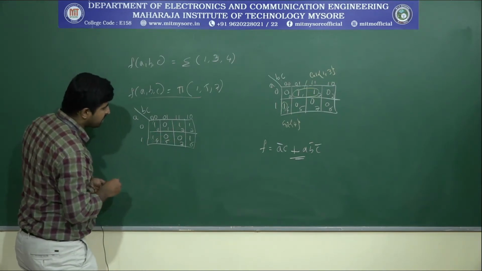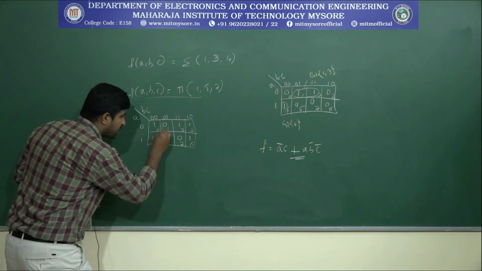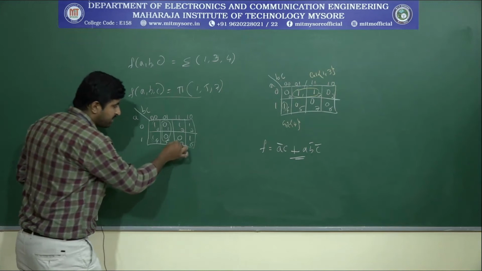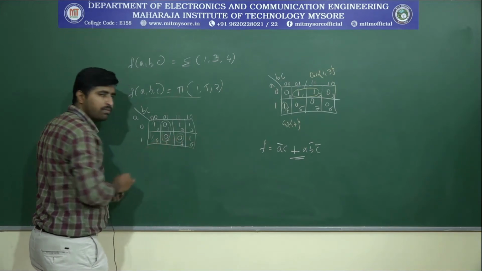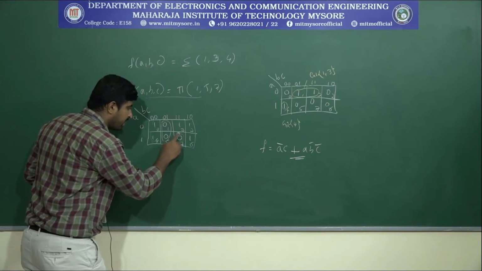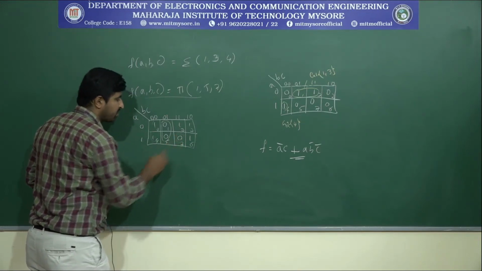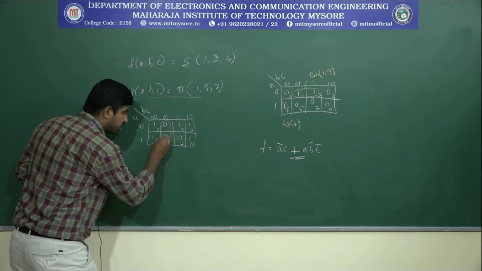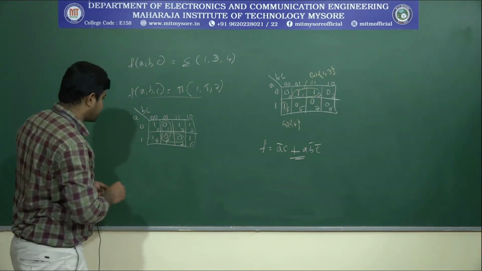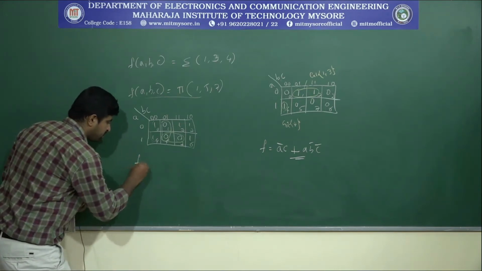Okay. So if you see this, these two can be grouped with the 1 5 cell, and the 7 is there. Let's make this one single group? No, we should not do that, because if you do, we'll get more literals in the equation. To avoid that, let's make the 5 7 another group. Okay. So let's write the expression.